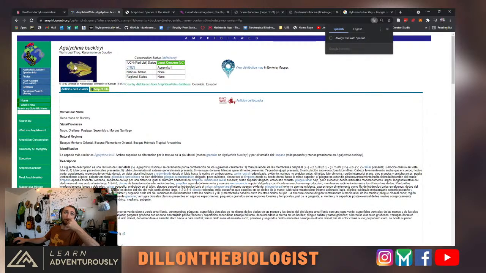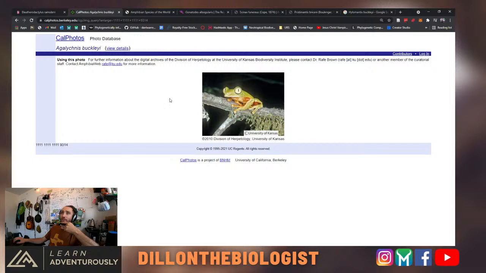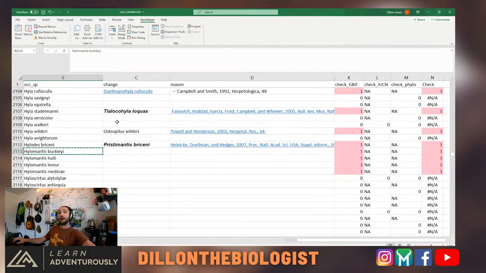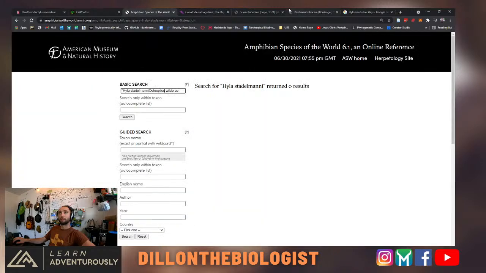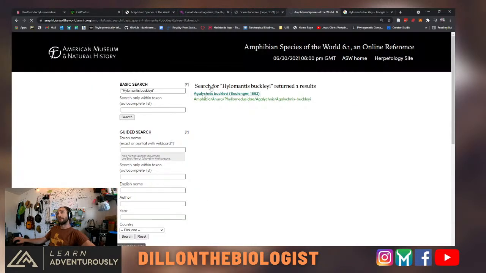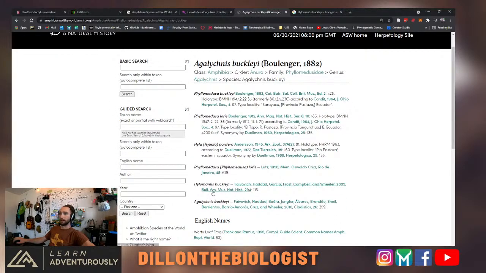Yep, already changed over to Agalychnis bucklei. So you can kind of see that they have that red-eyed tree frog look. I mean, they're in the same genus, so very cool though. Very cool frogs. Very, very cool. But yeah, let's make sure this is changed over properly, and let's make sure we also get the reason for the change. I have a feeling all of those are going to be changed over to Agalychnis again,